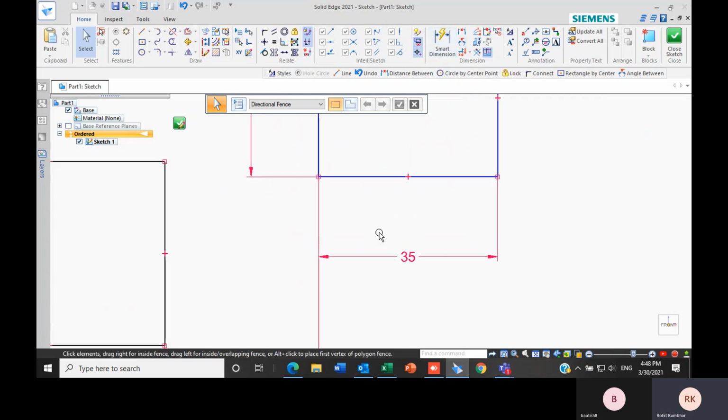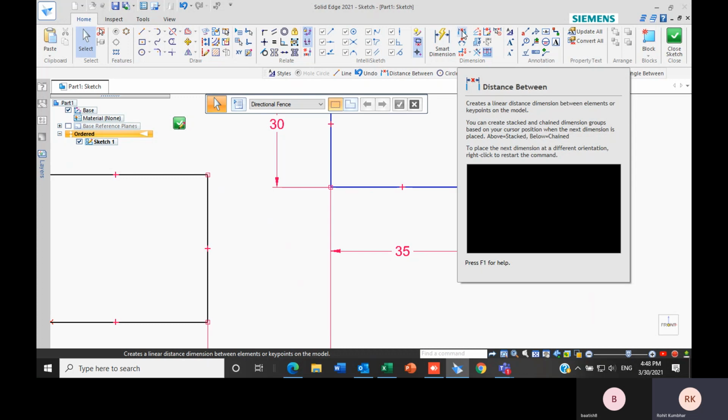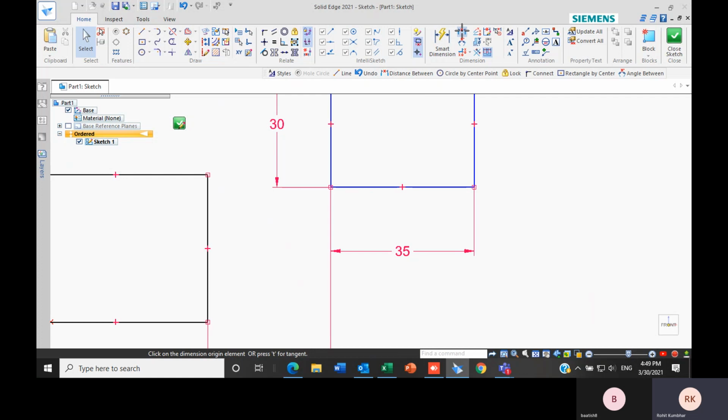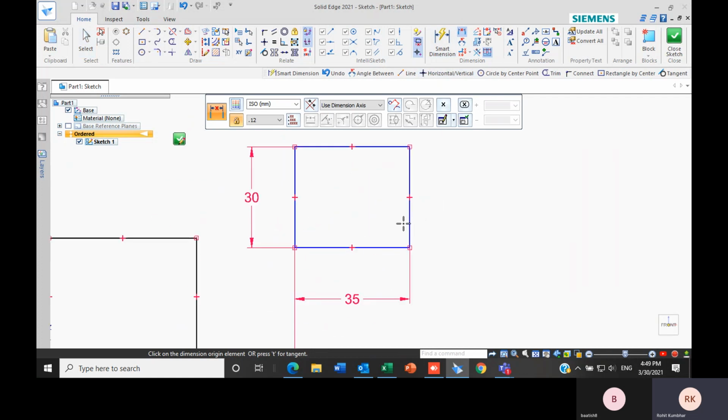Our next option is distance in between. As you can see in the small video, if there is complex geometry and I want the distance between 2 points, I can create that distance. Let's say I want the diagonal distance between this one and this one.